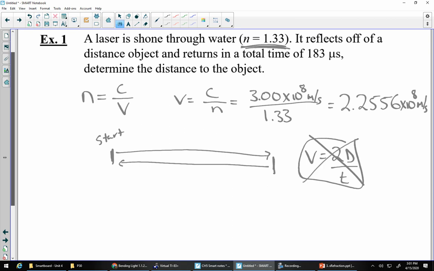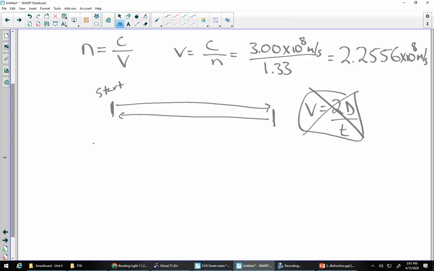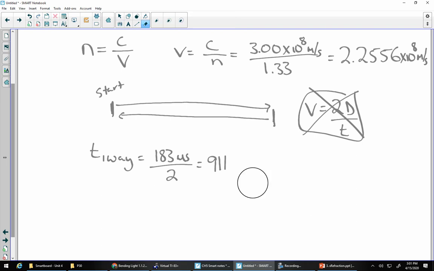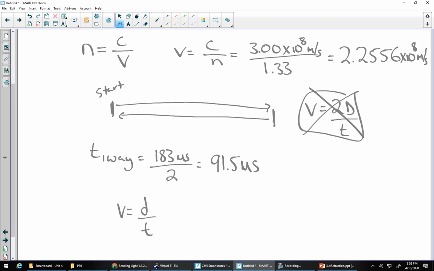So I'm going to say, well, the time one way is equal to 183 microseconds divided by 2. So I'm going to plug that into my calculator, and I think I get 91.5 microseconds. Cool. Now I can say V is equal to D over T, and again, that is the one-way distance